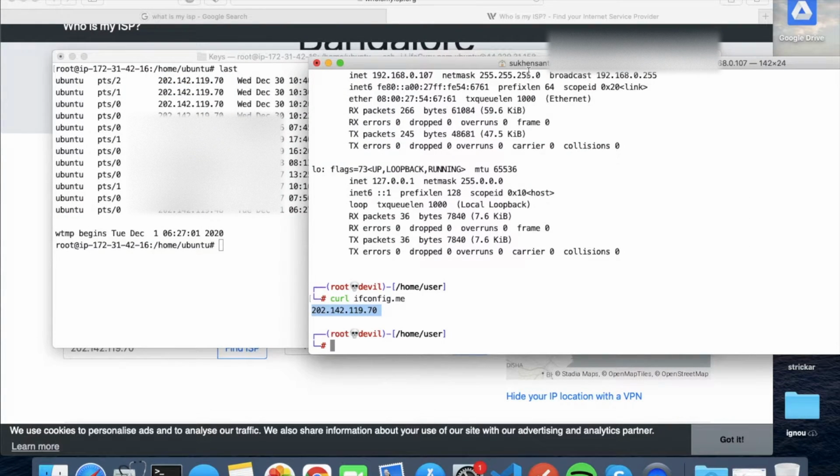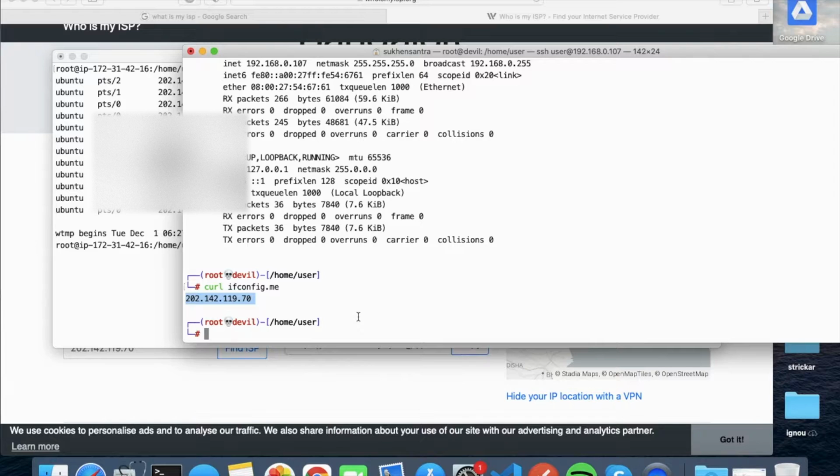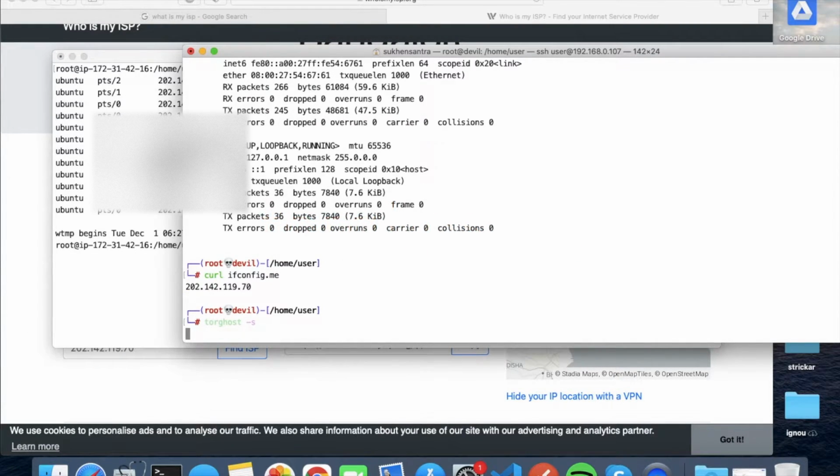Now I will go to my Kali Linux virtual machine, and here I just installed torghost. Torghost is not a service; you can find torghost on GitHub. I just installed this package, or you can say software. I will also show you how to install it. Maybe you cannot see clearly, but the command is on the screen: torghost space -s. So if I hit enter,